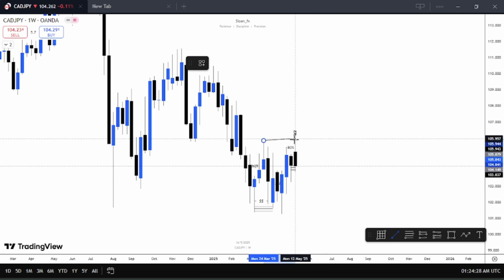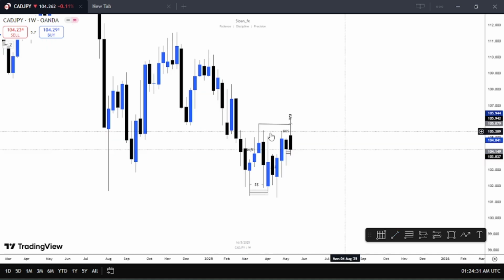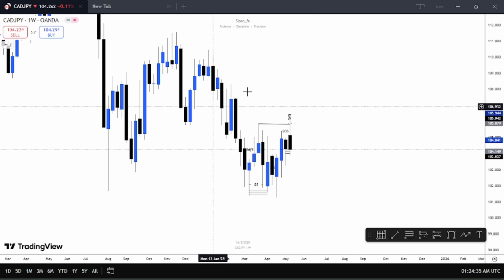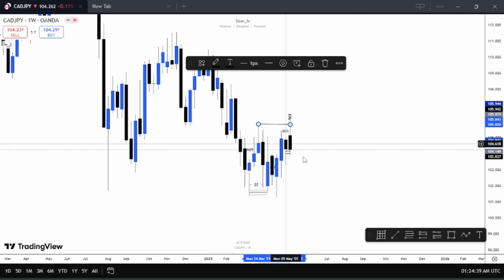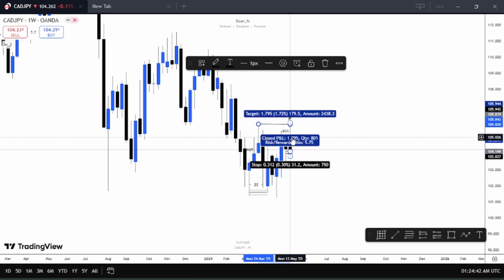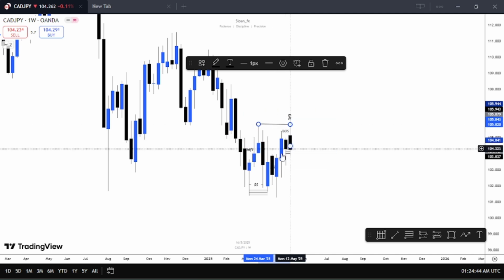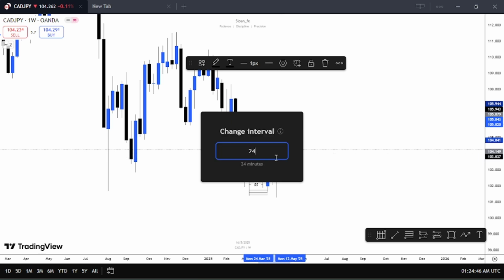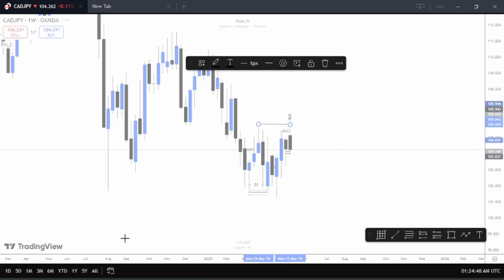Here is our break of structure. This was the last low break of structure, so basically we know we are on a buy move from this zone. Whatever is in this weekly time frame is what we're going to see in the lower time frame. So let's scale down into the 4 hour time frame firstly,